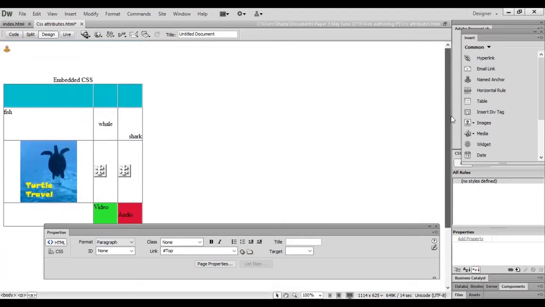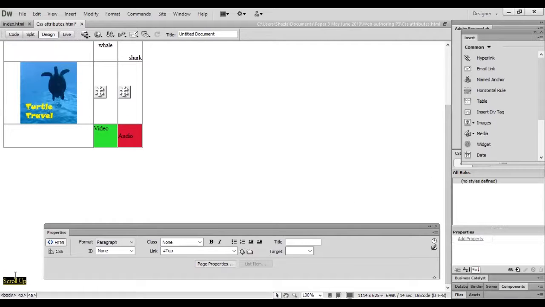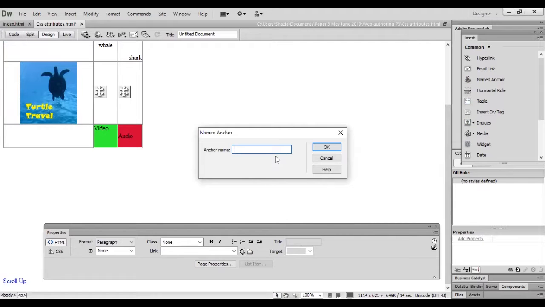When you view this page in the browser, you can see a difference. So I'm going to create one more division. Here I want to create one more anchor, name it now bottom.